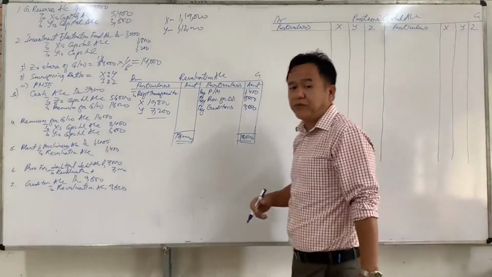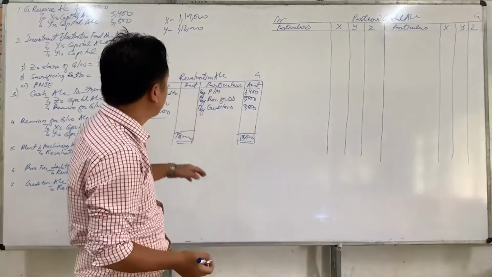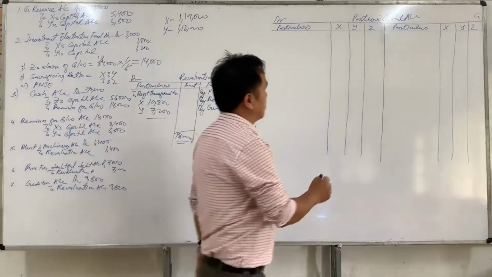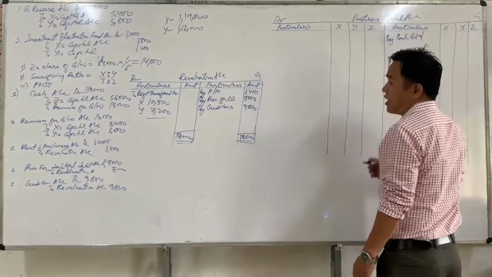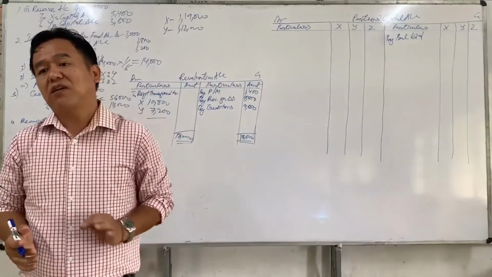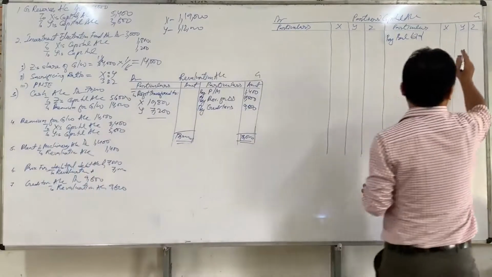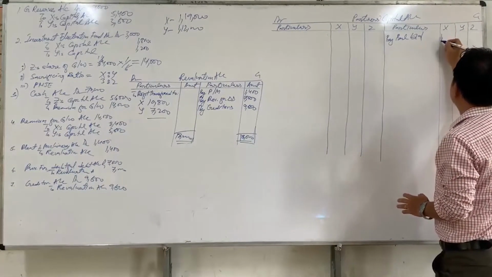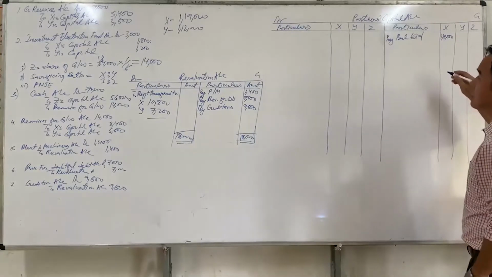Like I said before, whenever we prepare partners capital account, we should always start with opening balance. So here the opening capital is 1,19,000 and 1,12,000, by balance brought down. Why do we write opening balance on the credit side of partners capital account? Because partners capital account shows credit balance. Therefore, opening balance should start from the credit side. Opening balance of X is 1,19,000, and Y is